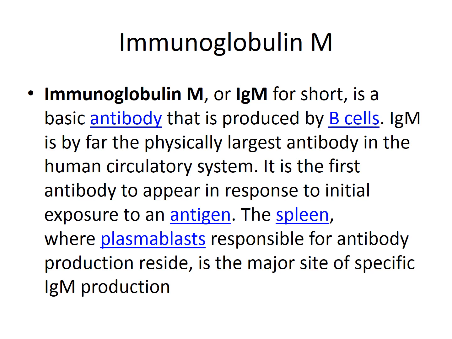So when you have been exposed to, say, hepatitis A, remember the antigen is the exposure, the first thing your body's going to do is try to put out an antibody that's going to counteract that antigen entering your body. The spleen, where the plasmablasts responsible for antibody production reside, is the major site of specific IgM